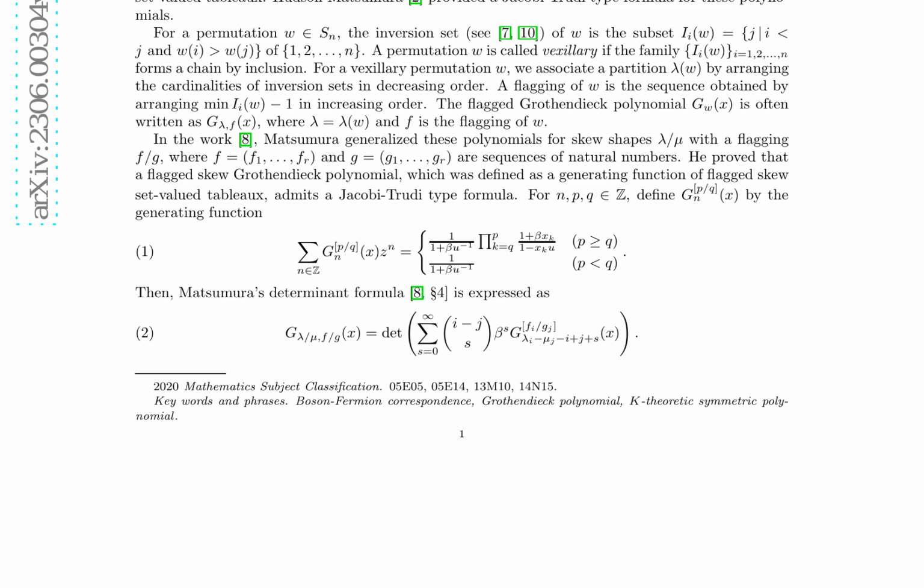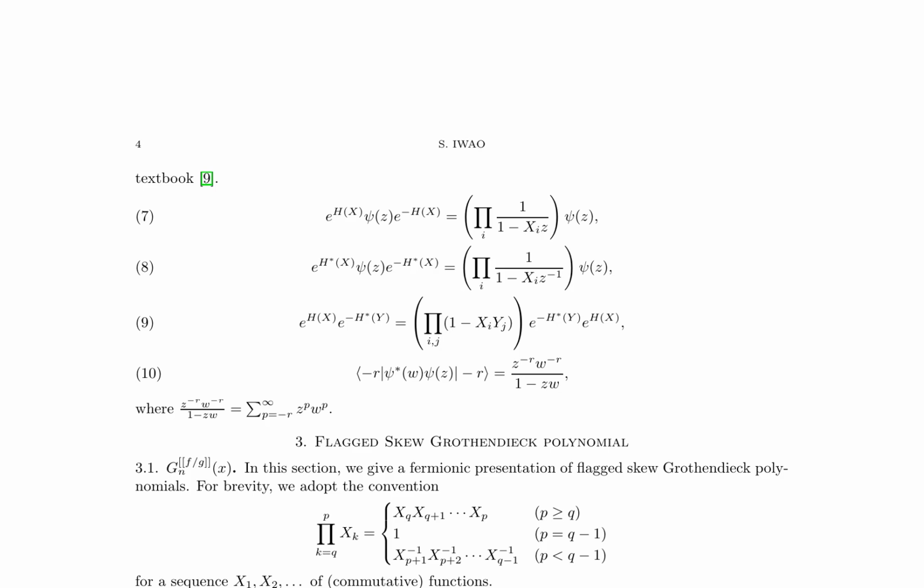An anti-algebra involution on the algebra A induces a linear involution ω: F → F*, and the vacuum expectation value is a unique C-bilinear map that evaluates the expectation value of a product of vertex operators applied to the vacuum vector. The paper presents a comprehensive analysis of flagged k-theoretic symmetric polynomials, utilizing vertex operators and their